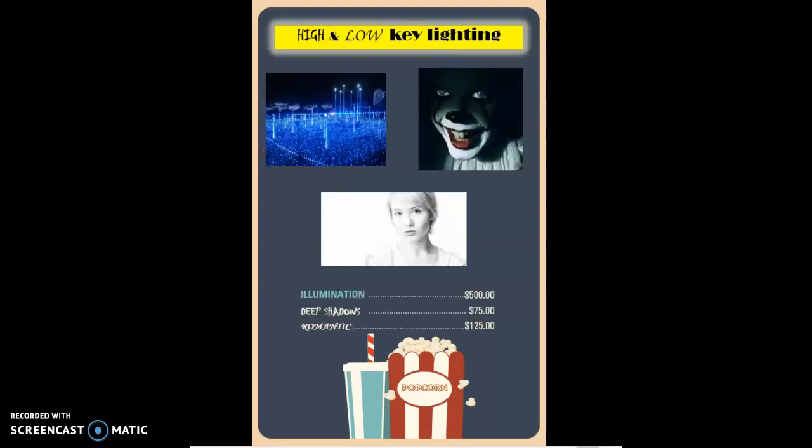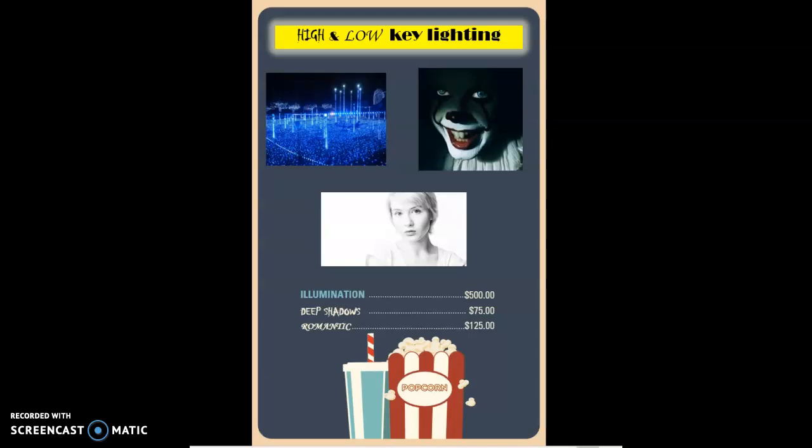The second concept of lighting I'll talk about is high and low key lighting. Key lighting is usually the first aspect that gets set up at the beginning of a shot. High key produces very deep shadows like our creepy clown, gutter clown, that you see in horror, crime, and suspense